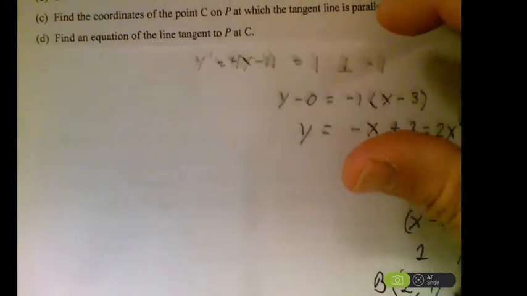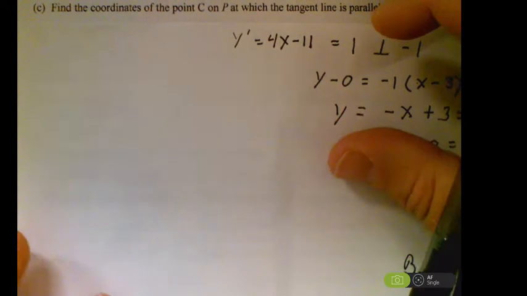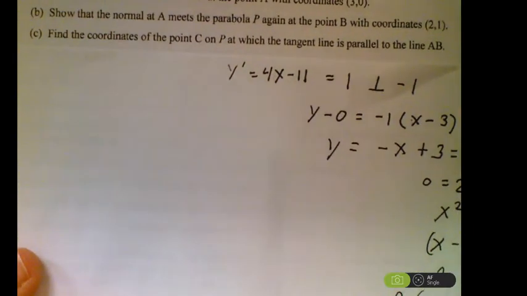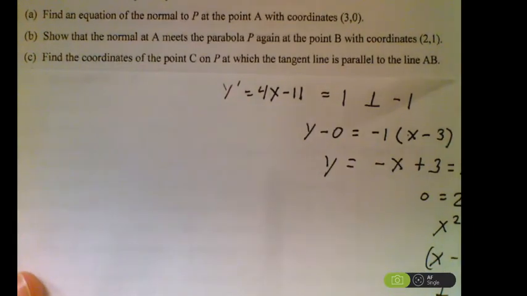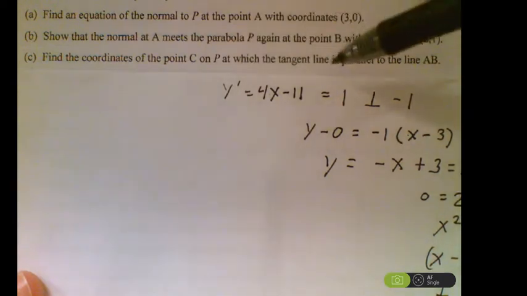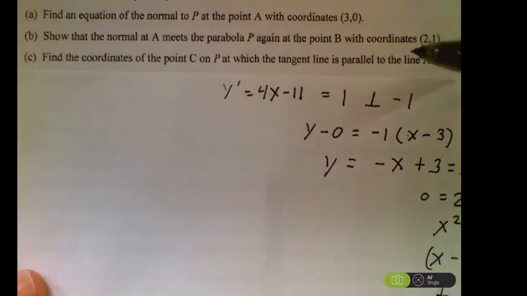All right, moving on to part C. So now we have the coordinates of the point C. So maybe we've got a third point going on here, on the parabola, at which the tangent line is parallel to the line AB. So if we look at the two points that we already have for AB, so we've got the (3, 0) and the (2, 1). So if you look at those two points,